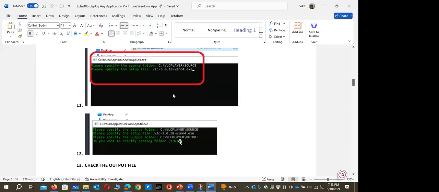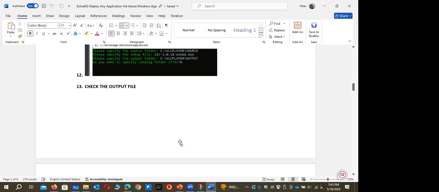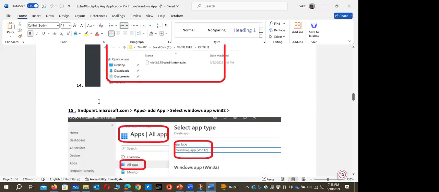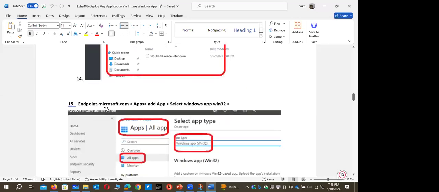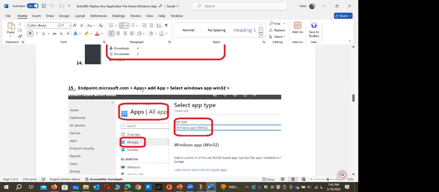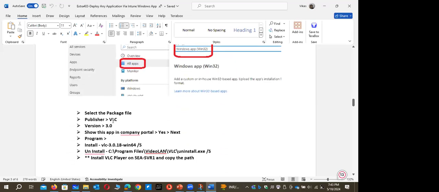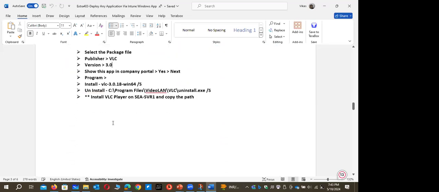And where is my output file? C VLC player output folder. Automatically, it creates a package for me. The package extension is intunewin. And then under my endpoint.microsoft.com Intune portal, under apps, I add this app and give this VLC package